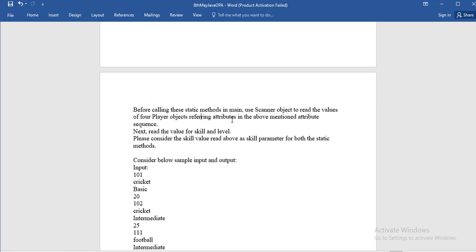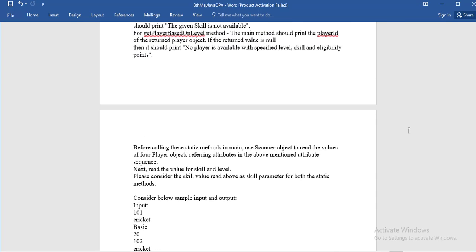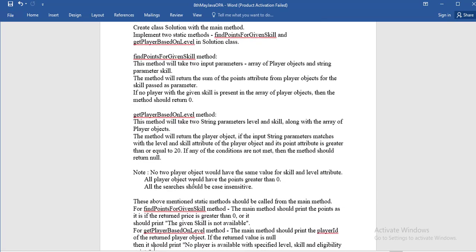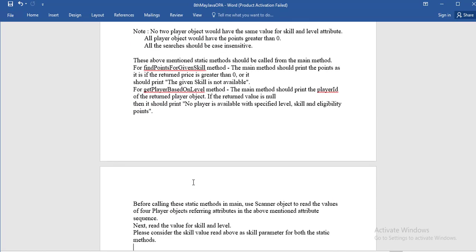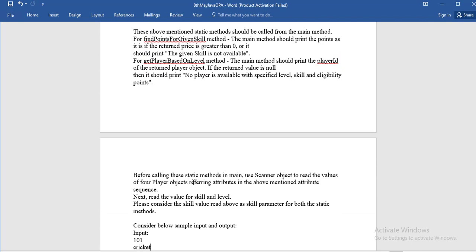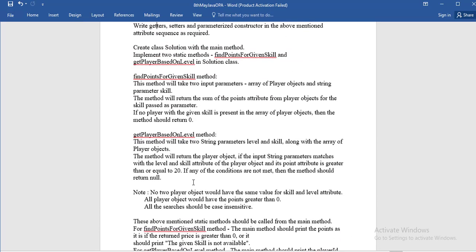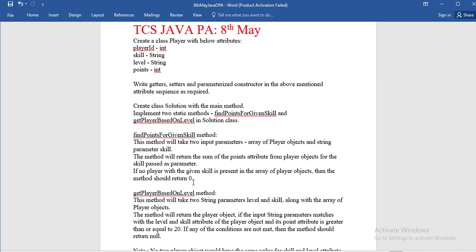Here you can see, before calling the static methods, it was mentioned that we read the values of the player object in the attribute sequence, and both the static methods follow.